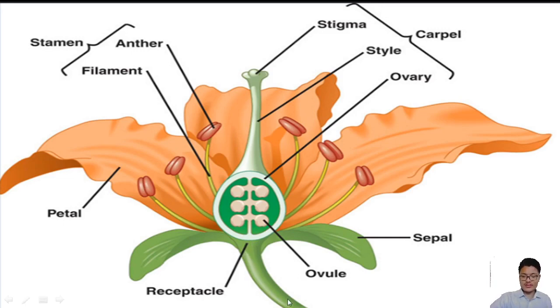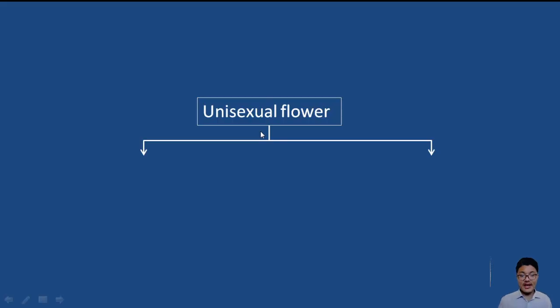Receptacles are attached to the stalk or petiole. Now, we say that stamens are the male reproductive part of the flower, and carpel or pistil is the female reproductive part of the flower. Right. Now, in case of a unisexual flower, the flower may not have both the male and female reproductive structures as we have seen in the bisexual.